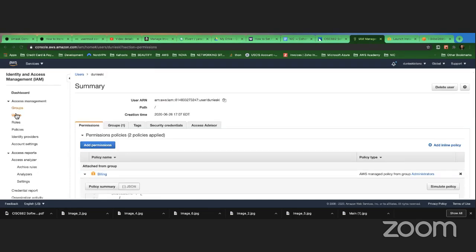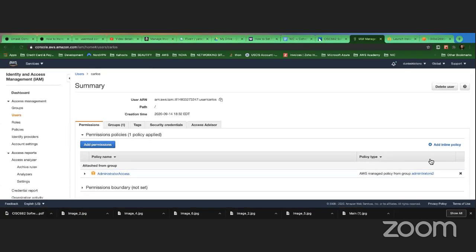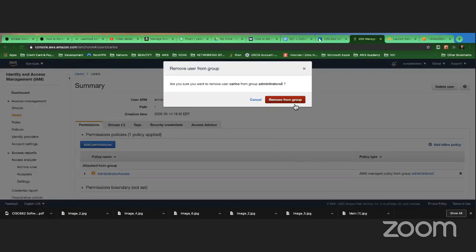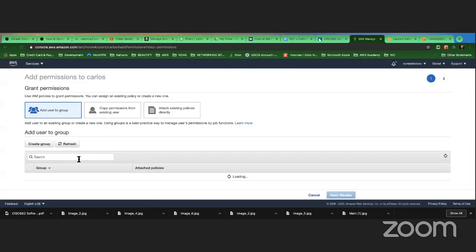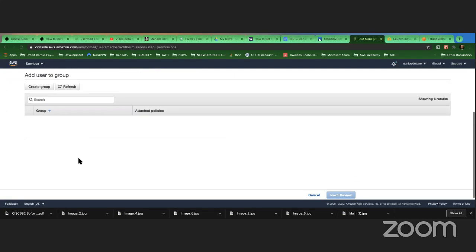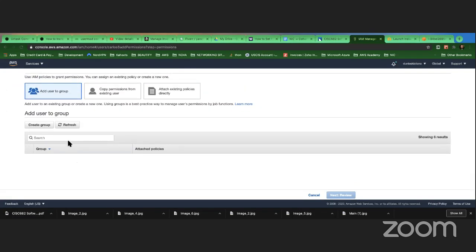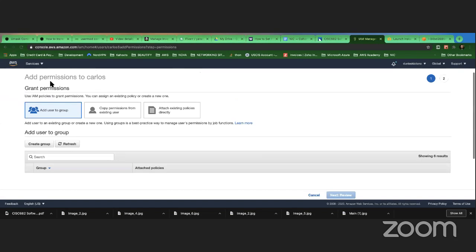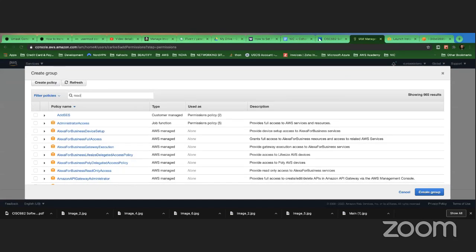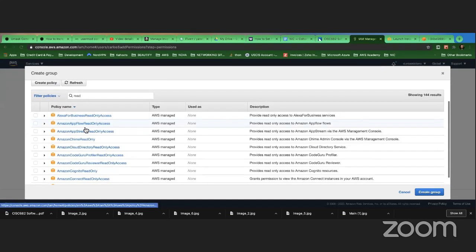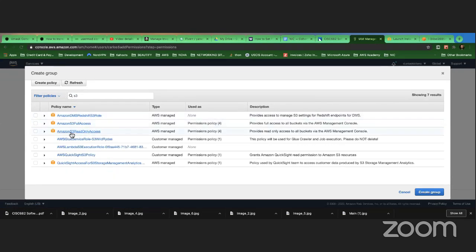But let's say Carlos is an administrator as well. I'm going to remove Carlos from the administrators. Now Carlos is going to have, let me see, a group created for him with read only permissions. We're going to allow Carlos to have S3 read only access only.